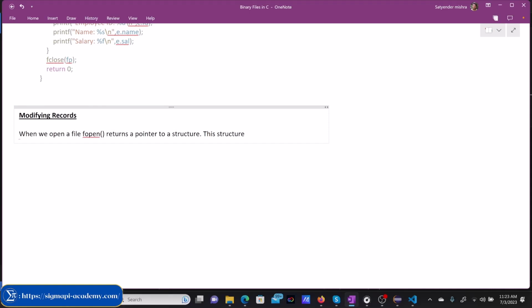This structure contains a pointer, which points to the first record in the file. That record